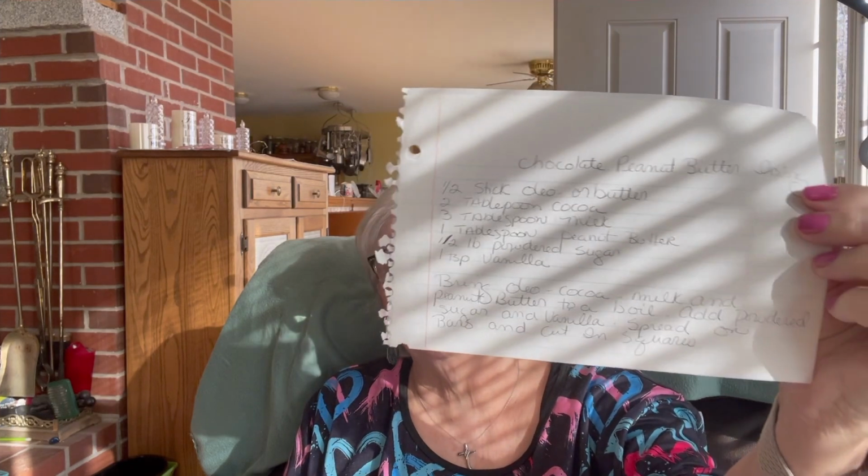Actually, it's funny, I've got cocoa butter frosting. I'll give you that one. But also, out of my recipe box, I've got this one for chocolate peanut butter icing. That sounds good too. But the cocoa butter frosting is 1/3 cup of butter or margarine. I'm trying not to have the sun in my eyes. Okay. 1 1/2 teaspoons of vanilla, 2 tablespoons of milk, 1/3 cup of baking cocoa,